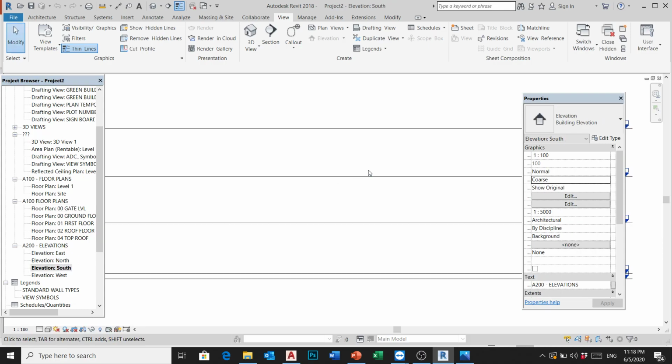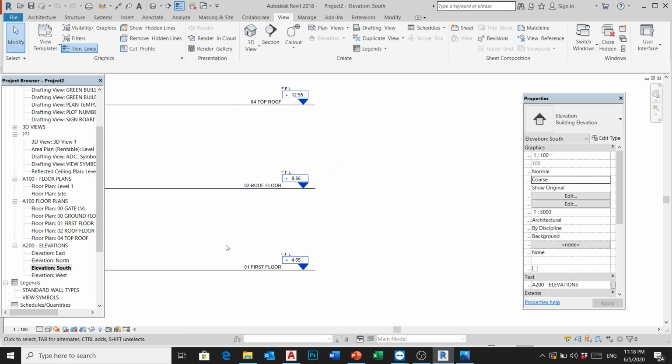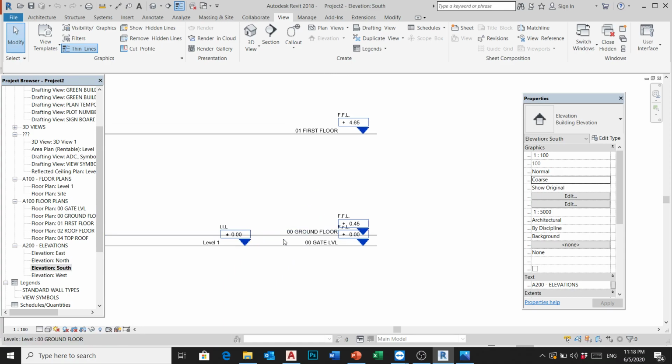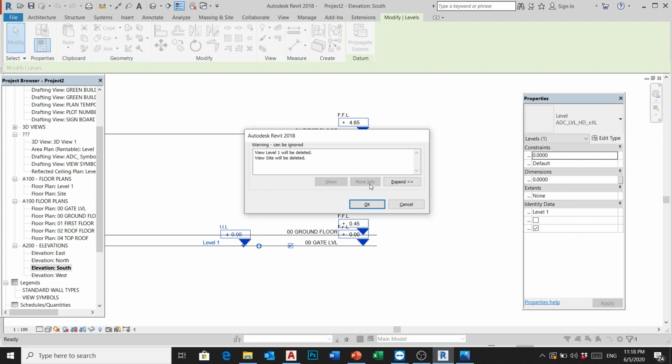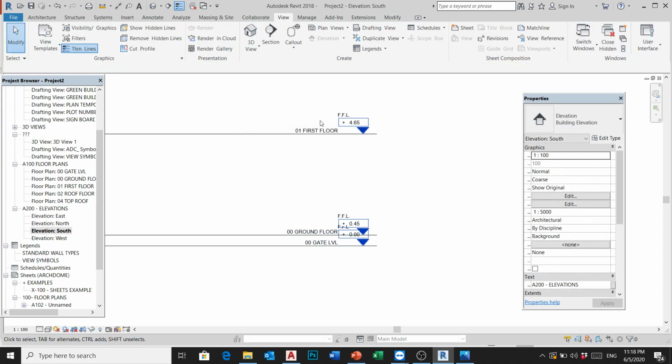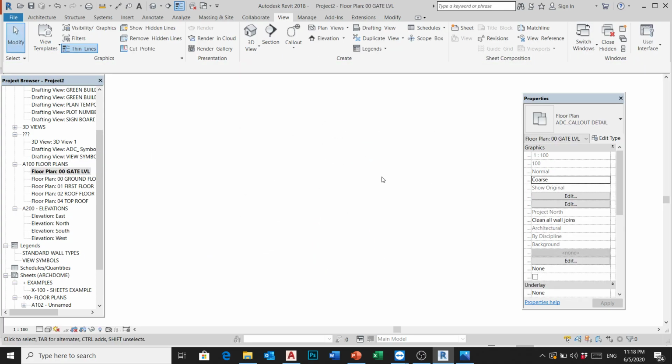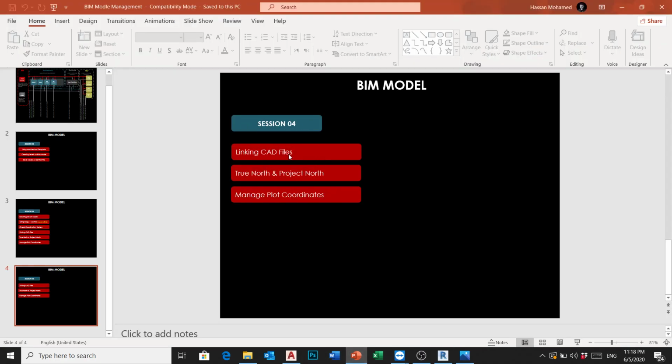We just go to the south elevation. Now we created already our levels and grid into our main project. Now this level number 1, just select and delete it. We have already gate level and these issues. So let's go to the gate level and come back to our issue today for inserting and linking the CAD